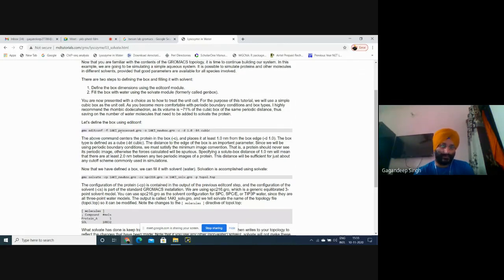This command is the result from our previous command, and it will give us the next result, this newbox.gro. Then we can fill water if we need, and we'll add some solvent. We'll add some water in order to check its stability, and our output from this editconf is 1AKI_new1.gro. Now we will perform gmx solvate -cp with this GRO file, and our output is 1AKI_solvate, which means solvation has been completed in this process.